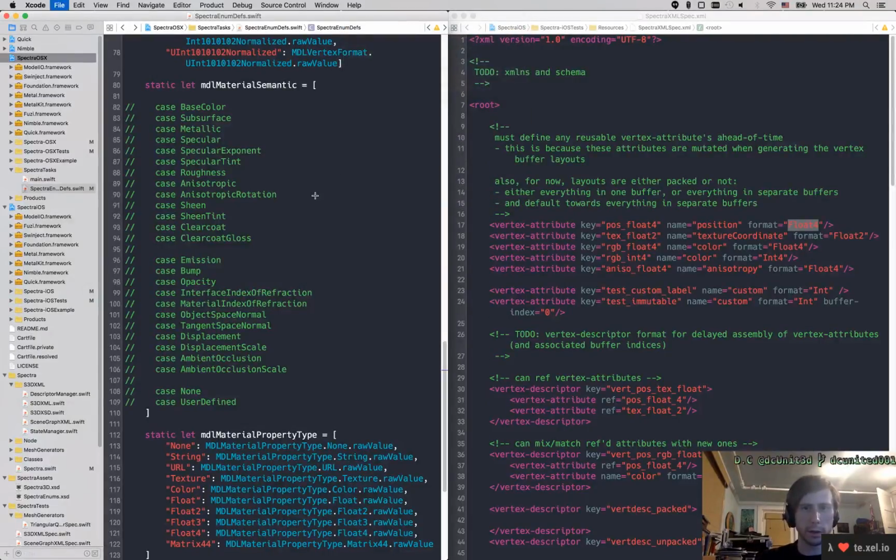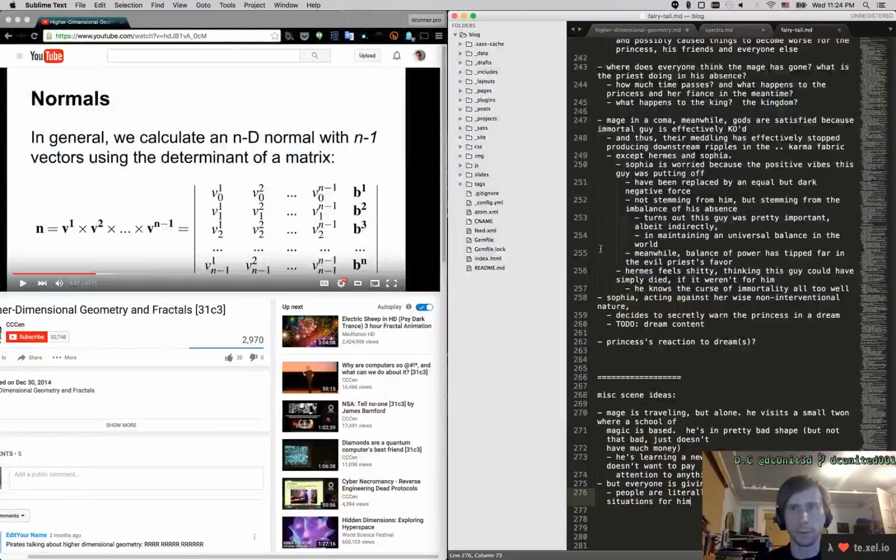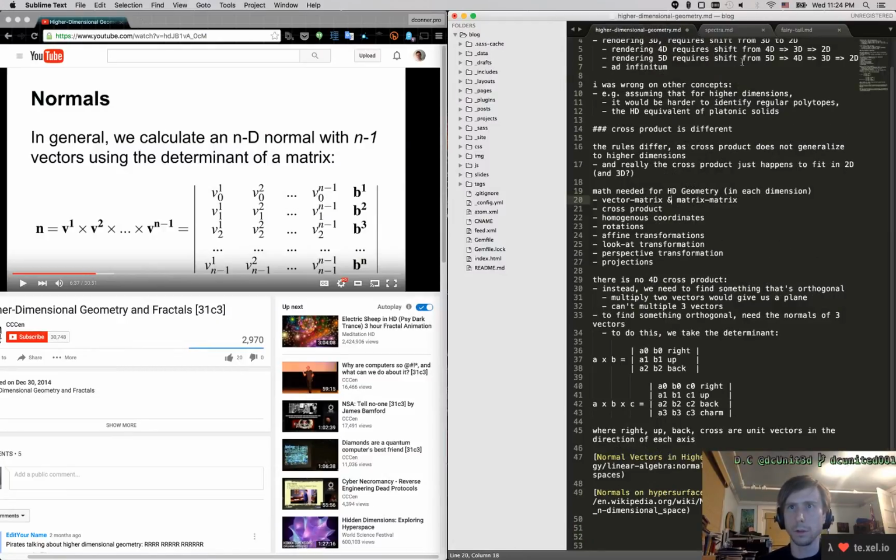I thought Xcode had the multiple cursors thing, because that would really help. Whoopsie. Anyways,